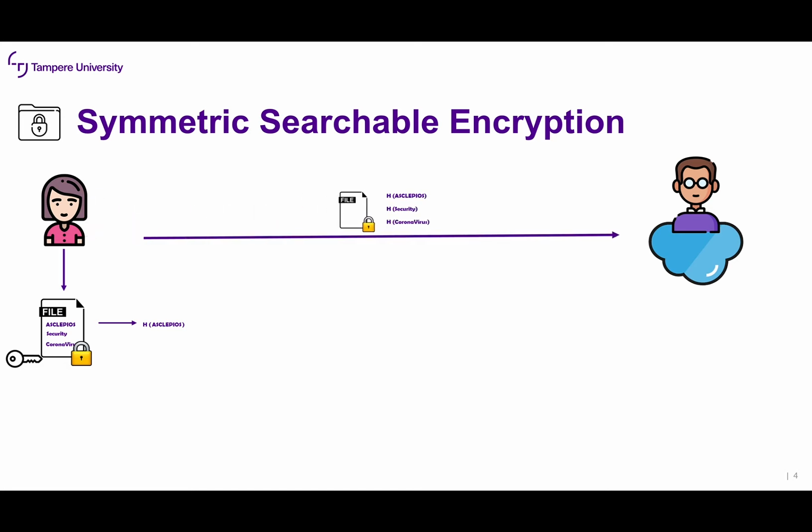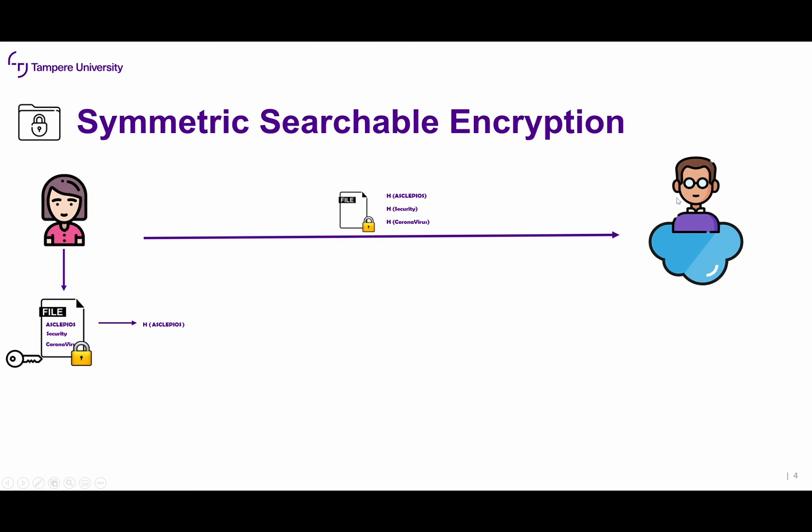So what will Alice then send to Bob is... I try to simplify things first of all, right? But anyway, you need to get the main idea here. So she will send two things: the encrypted version of the file, which is encrypted with the secret key that Alice has generated and has never shared with Bob, right? So Bob cannot decrypt that file, and a list of all keywords, the hashes of all words contained in that